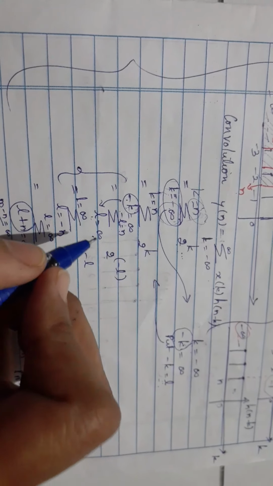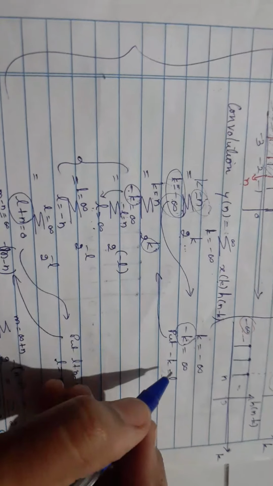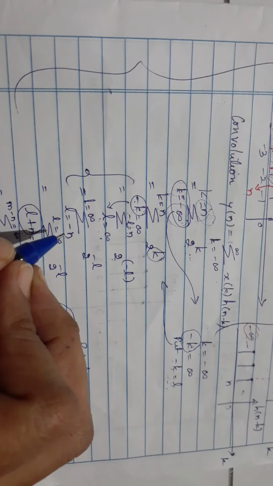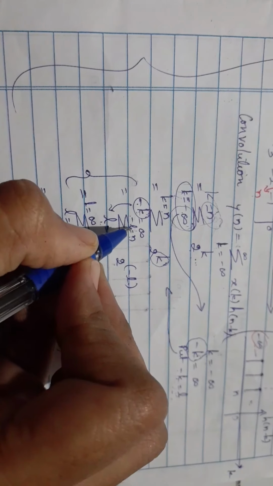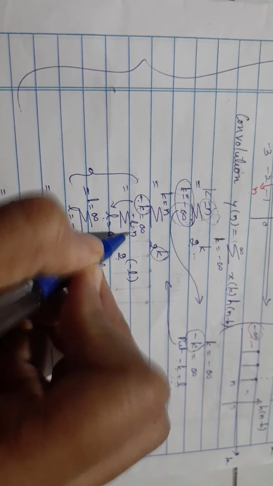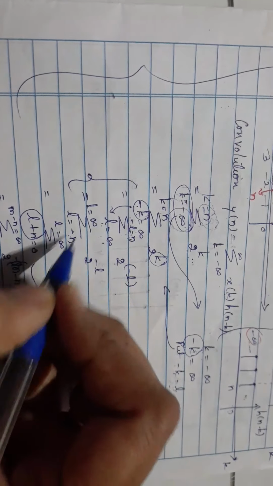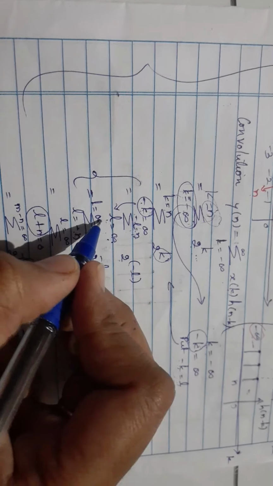So your limits are infinity and n, and what is the value of k? K is equal to minus L. So 2 to the power of minus L. Now if you take this negative sign to this side, it will become L is equal to minus n. That's what is written here. If you observe these two summations, I have exchanged the limits. Infinity and n here, and here it is minus n to infinity.